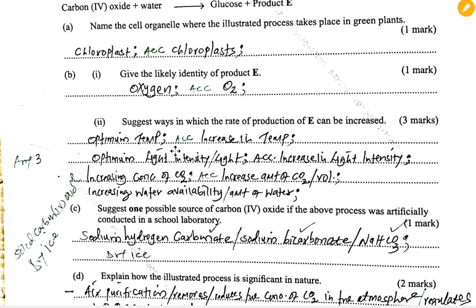Then increase in concentration of carbon dioxide, and what you should realize is that these factors we are talking about are factors which affect photosynthesis, and an increase in these factors will cause an increase in production of glucose and the product E up to a certain level where they become constant and other factors become limiting. Then another way is by increasing water availability, or the amount of water. Next question,